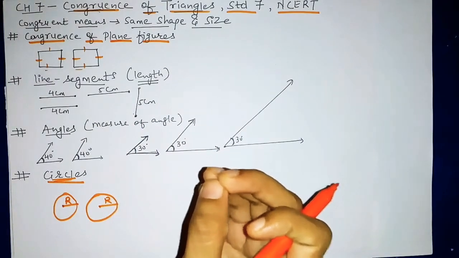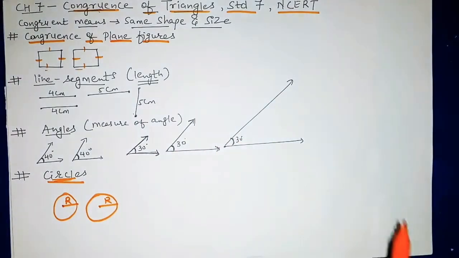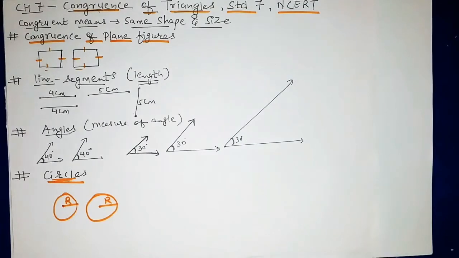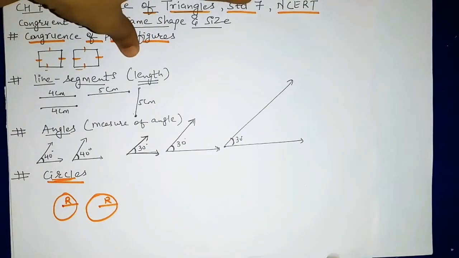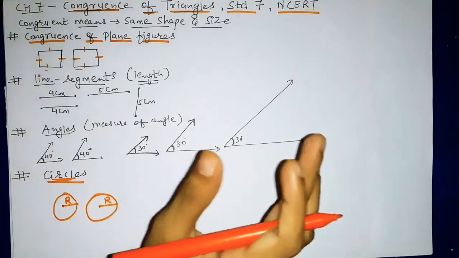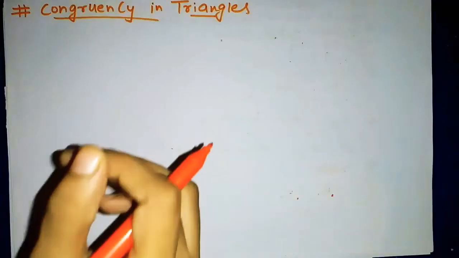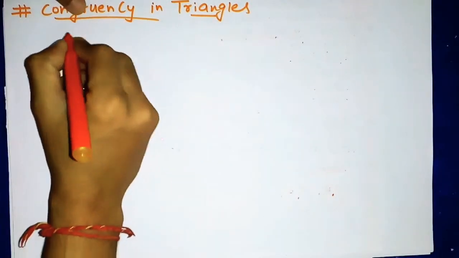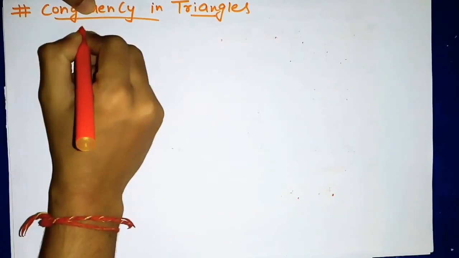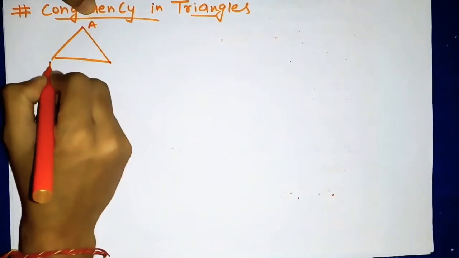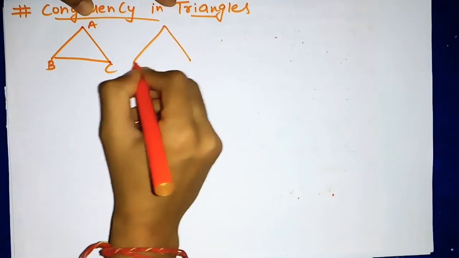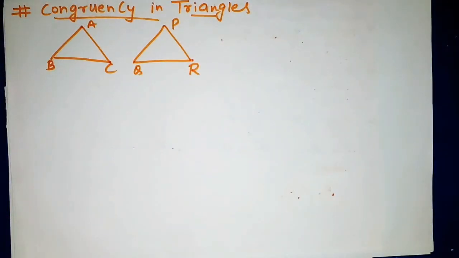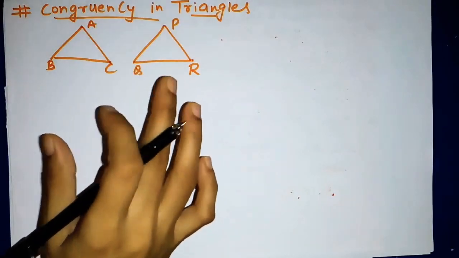Now how to compare congruency in case of triangles. The chapter name is congruence of triangles. So now coming to the topic, we will discuss about congruency of triangles. Now when we discuss about triangles, there are total 6 parts in a triangle. So now congruency in triangles, how we can find out in triangles. So when we compare two triangles, first of all, if we draw any triangle, for example, I am drawing triangle ABC, and next I am drawing PQR. So these two triangles I have drawn. Okay, now if I want to compare these two triangles, whether they are congruent or not.